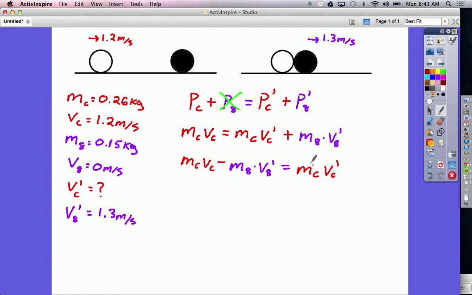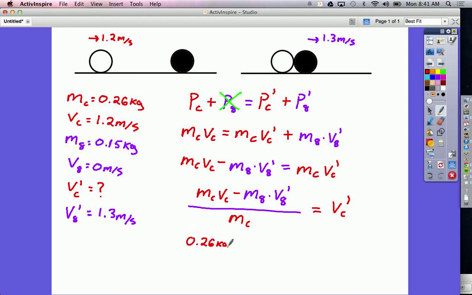Now I can divide by the mass of the cue ball, and then our algebra is done. So my left side remains unchanged in the numerator. And now I just have to divide that mass of the cue ball over, and that gets me velocity of the cue ball prime. Plugging in my numbers, I get